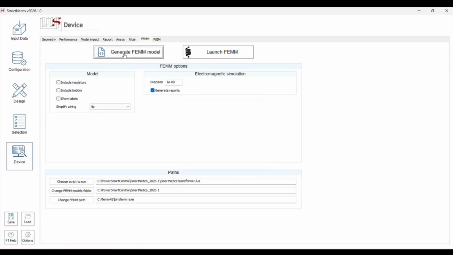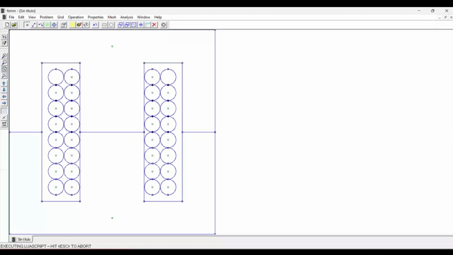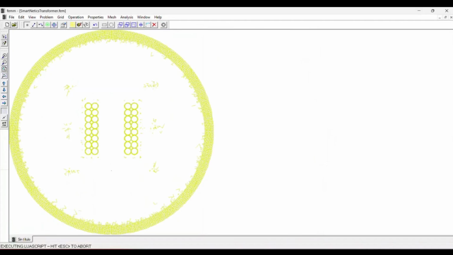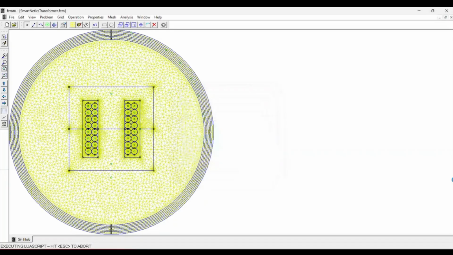Okay? With this, you generate a representation of the same thing you have designed in our tool, and then you can export it to FEM either in this computer or in another computer if you send them this file, or in this computer but another time, etc. I will press in here, launch FEM, and it automatically starts FEM and starts building your device. Okay. The good thing about this is FEM is a FEM with 2 M's. I mean, is a free tool, so anybody can install it, and it can very fastly run 2D simulations. Obviously, it is not as accurate as a 3D simulator, but it is a very good approach.